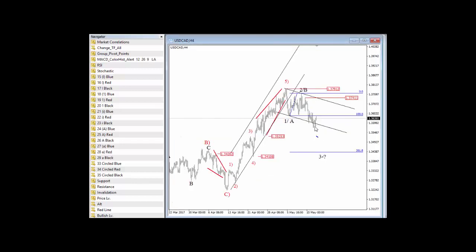If on the other hand we see a reversal by the end of the day, maybe tomorrow, if price stays sideways with a sharp decline, with an aggressive sell-off beneath the lower trend line of this channel, then this would be seen as an aggressive sell-off that could fit into wave 3 towards 261.8%.